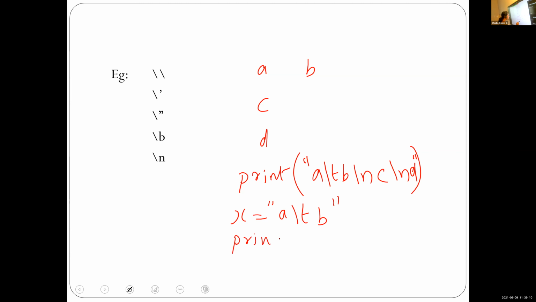Print slash n, slash n a little louder, John. x slash n, c slash n, d, double quotes, close bracket. This is also correct.